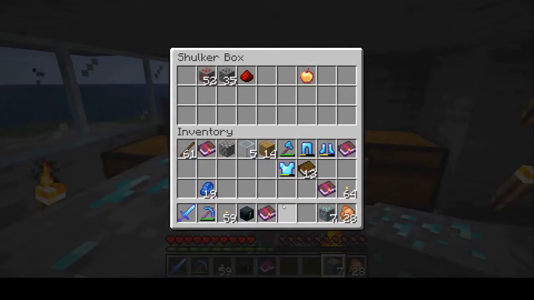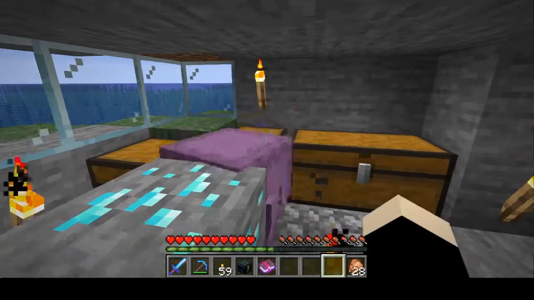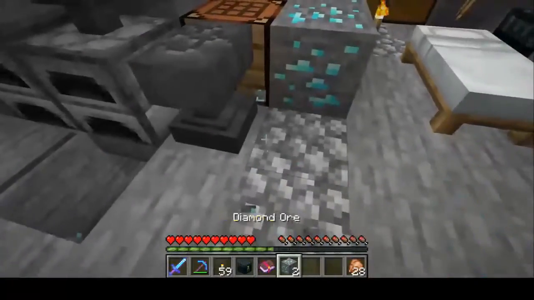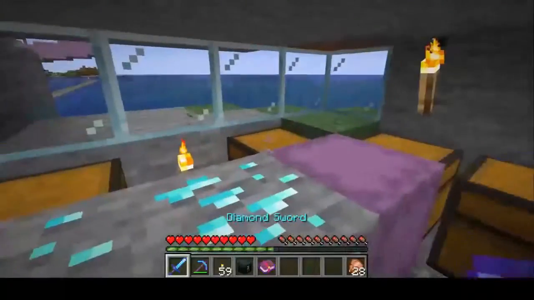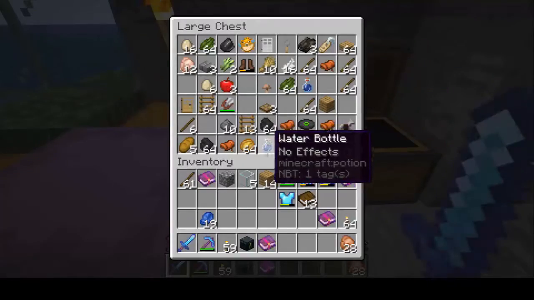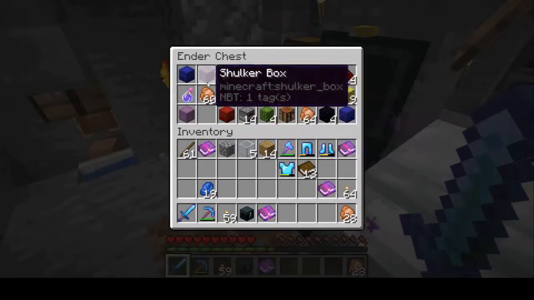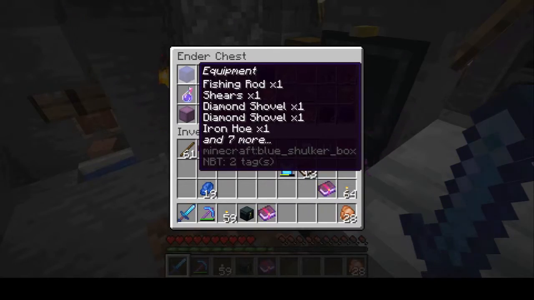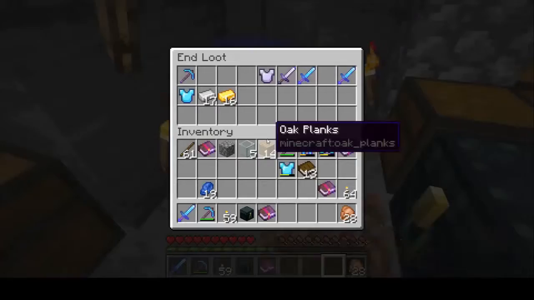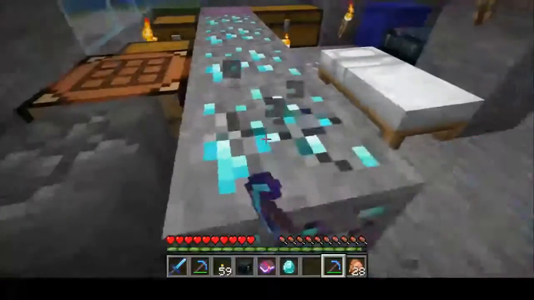So what I'm gonna go ahead and actually do is I'm actually gonna go ahead and grab, I need to grab a normal pickaxe. Do I have anything to grab a normal pickaxe? Do I have any iron anywhere? Or do I actually have a pickaxe? I actually do have a pickaxe right here from the end loot session. It's just Efficiency 4, but we can go ahead and grab